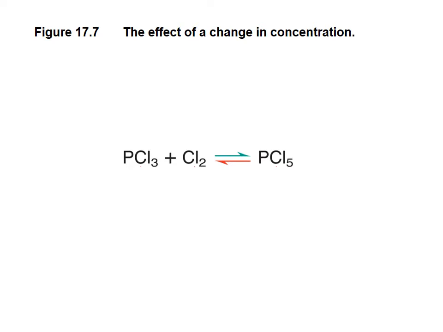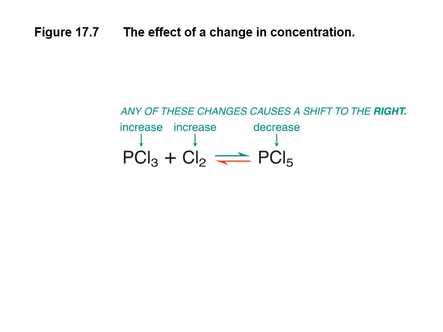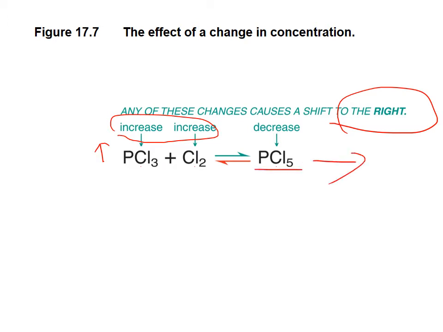For this reaction, the following factors will cause the reaction to shift to the right side. Increase reactants. If reactant concentrations are increased, the reaction goes to the right to decrease the concentration of reactants. Or if you remove the product from the system. So if you remove some product from the system, the reaction will also shift to the right so that more product